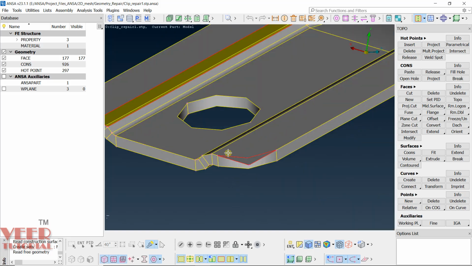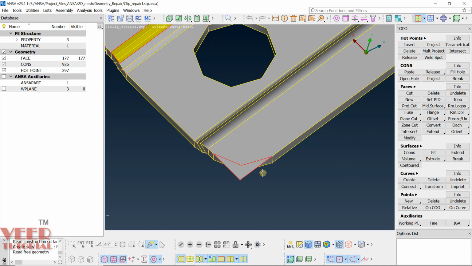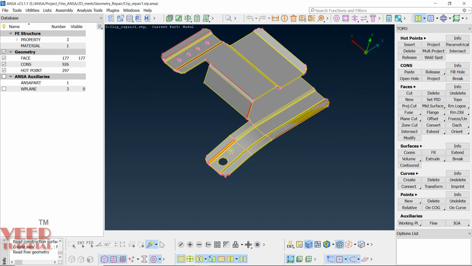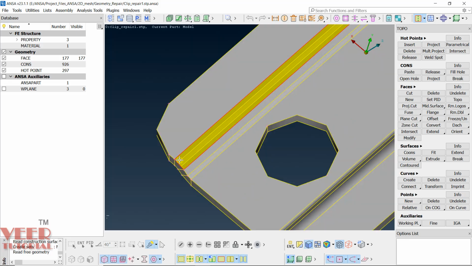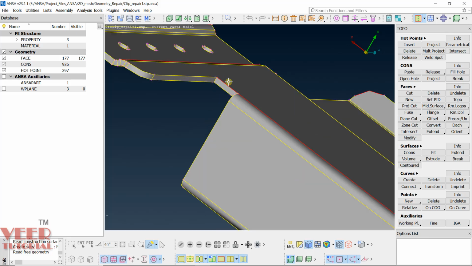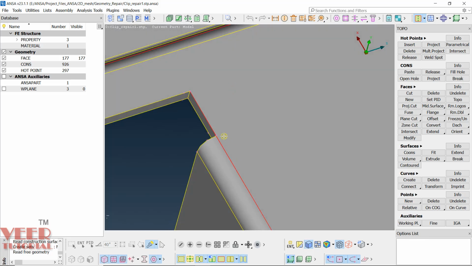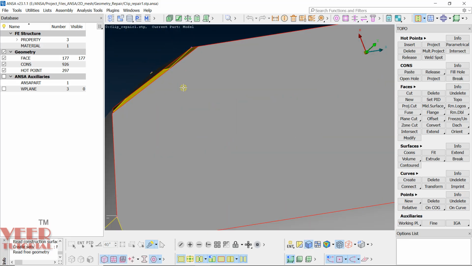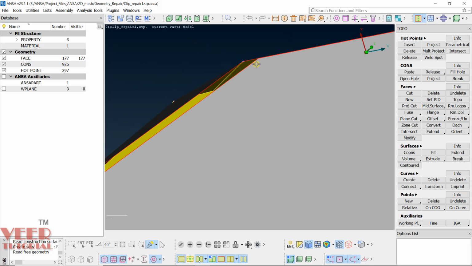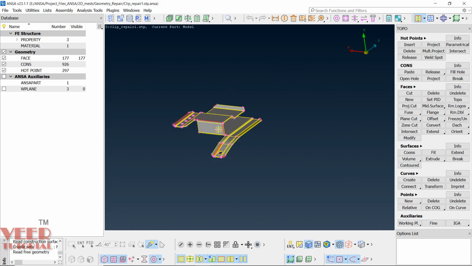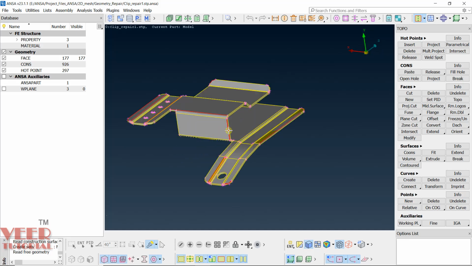Inside this CAD you can see there are some red edges. Red edge means free edges, and you can see this edge is going outside the CAD. Similarly, there are some more problems here. You can see one surface is missing inside this CAD. Also, some lines are not connected here. Similarly, we have a problem with the surface. You can see this surface is not properly closed. There is a gap. So when you try to extract the mid surface of this, let's see what we will get.